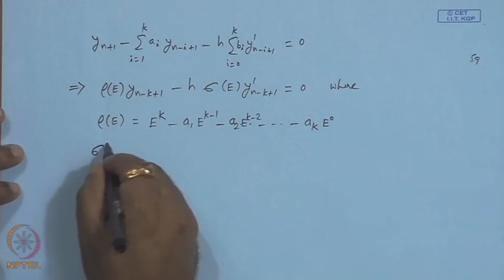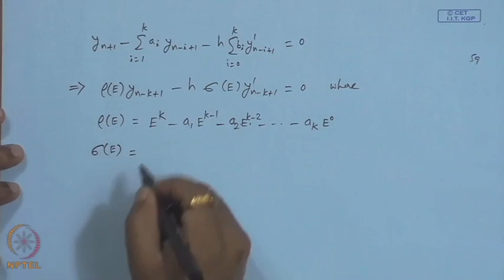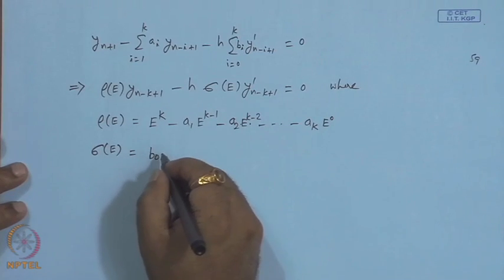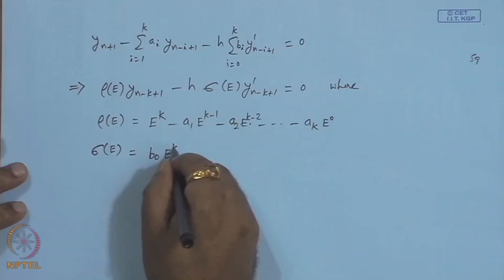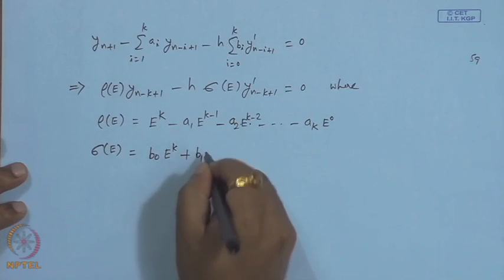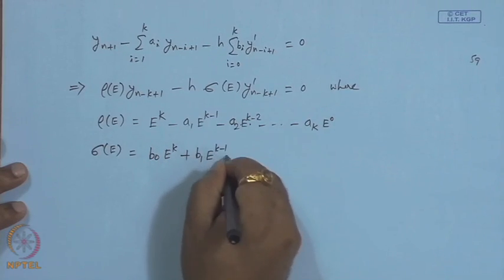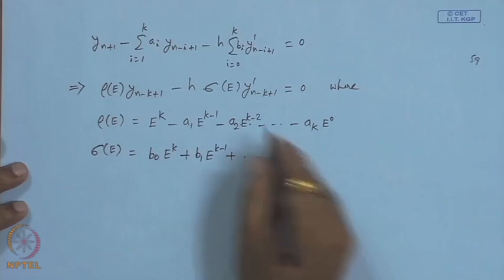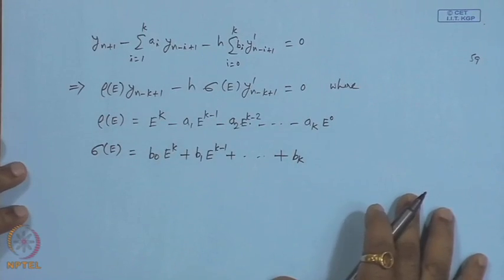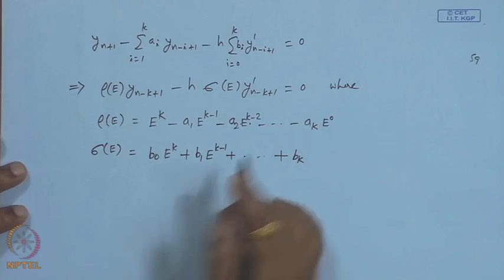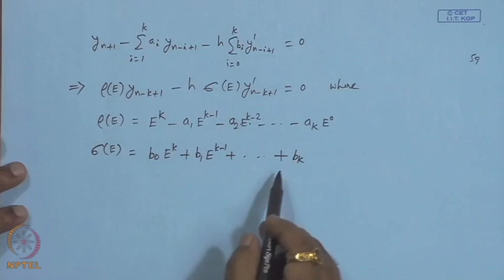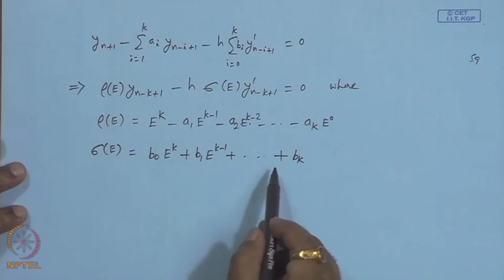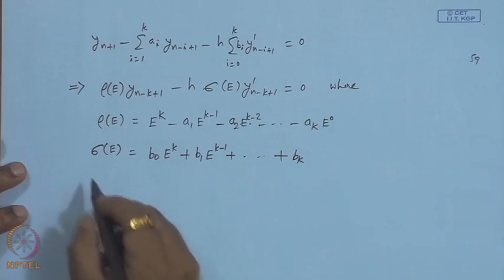Similarly, sigma of E with b0, so these are with plus because I have written minus here. Okay. So, this linear multi-step method can be expressed in terms of this. Okay. So, now we define